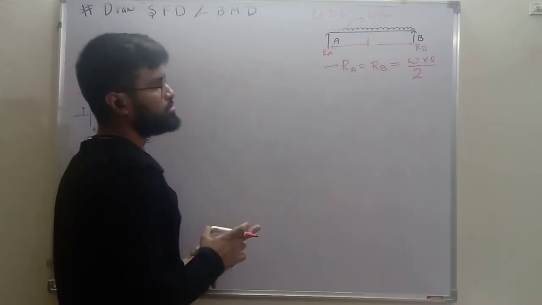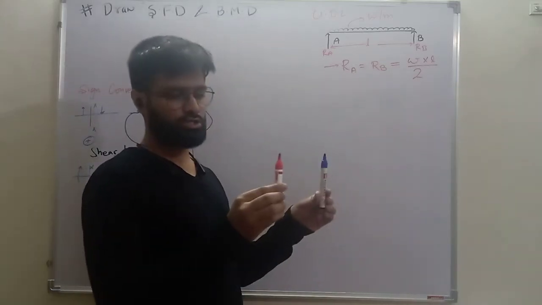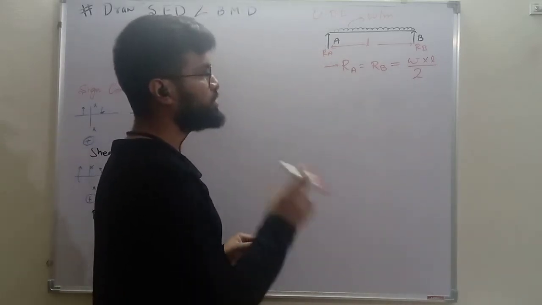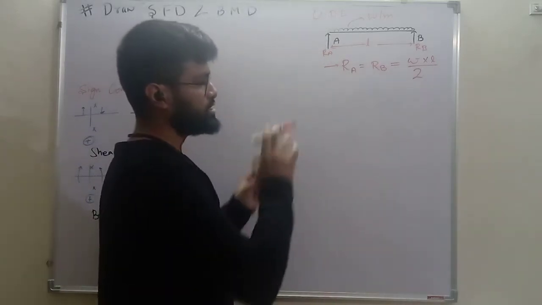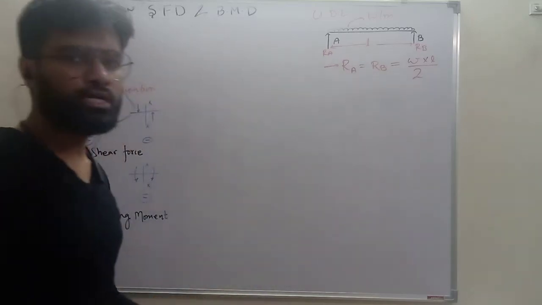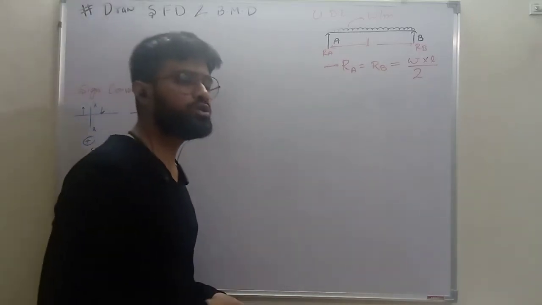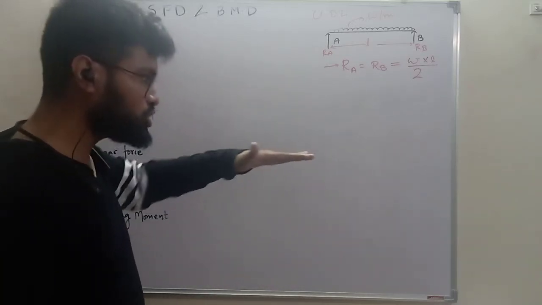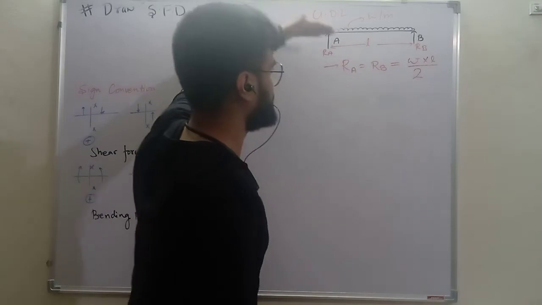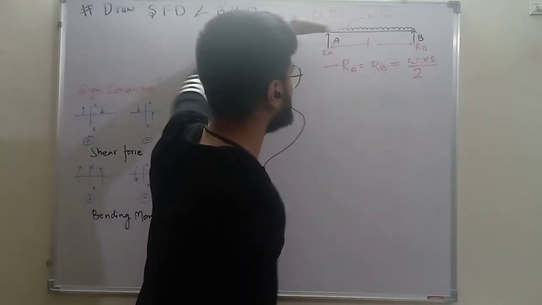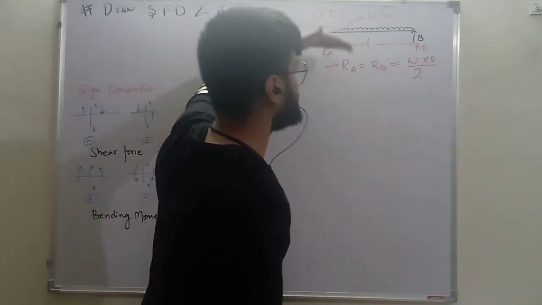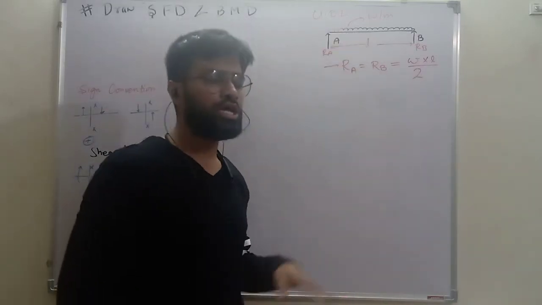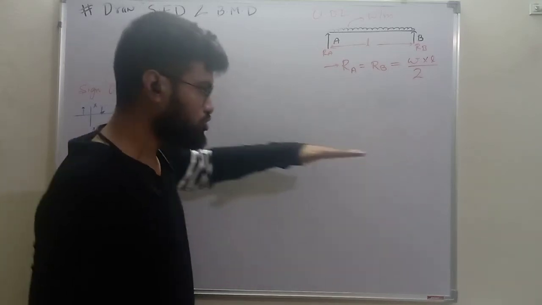In a simply supported beam, we have only vertical reaction. There will be no horizontal reaction, and no moment at the supports. Why? Because a simply supported beam does not resist motion of the beam in the horizontal direction. It is free to move in the horizontal direction, so it is not resisting motion there. Therefore, it will not have a reaction in the horizontal direction.